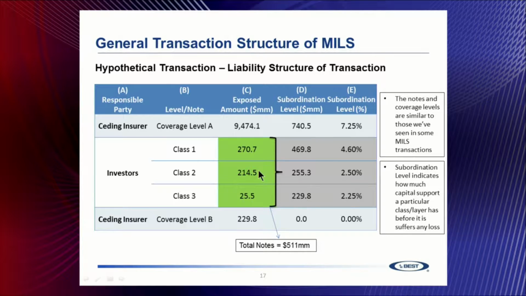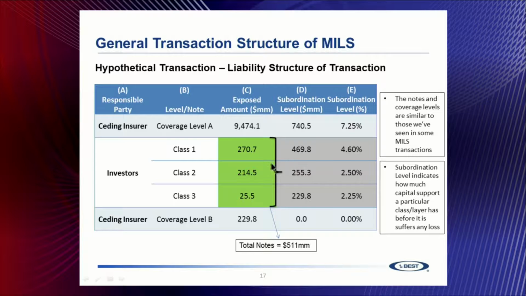The Class 2 note is not attached until after the ceding insurer absorbs the first $230 million of losses, and the Class 3 note is wiped out. This means that the Class 2 subordination level is $255 million, or about 2.5% of our risk in force. The Class 1 note is not attached until after the ceding insurer absorbs the first $230 million of losses, and the Class 3 and Class 2 notes are wiped out. So you can say that the subordination level for Class 1 is about $470 million, or 4.6% of the risk